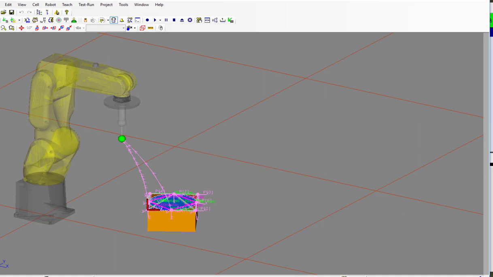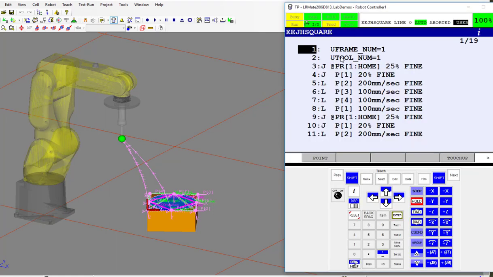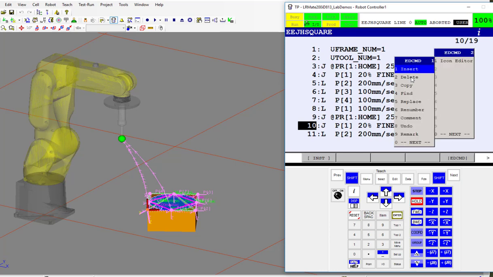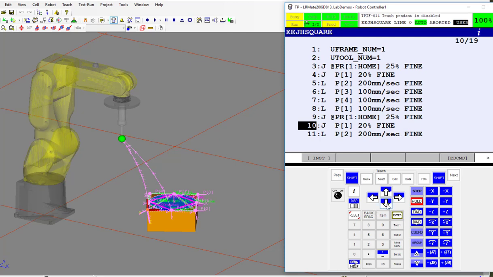Then I pull up the square program, and all I'm going to do is delete everything that's not part of the square. This program comes down here, draws a square, goes back to home. So anything after that point I don't need. So the edit command, I'm going to click delete, and it's a multi-line delete, so